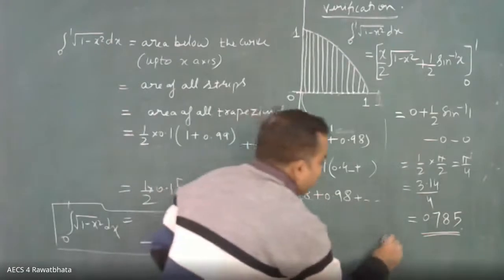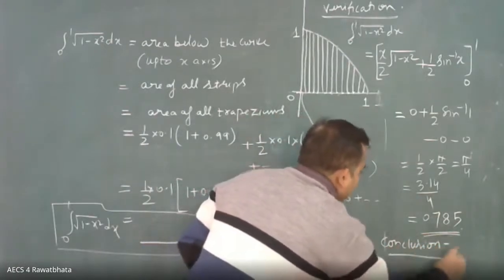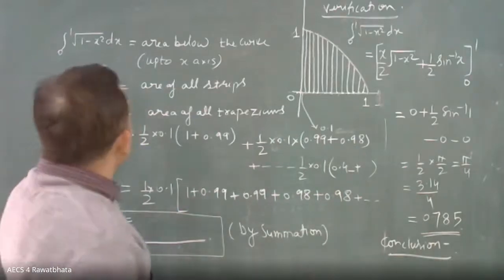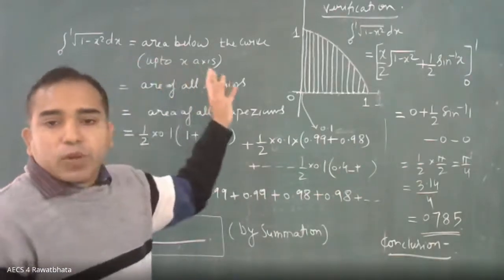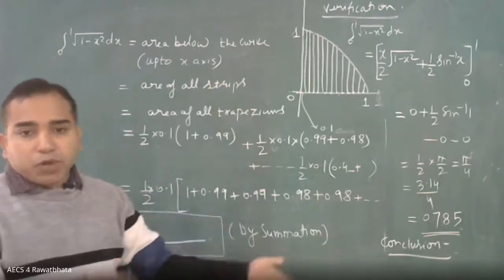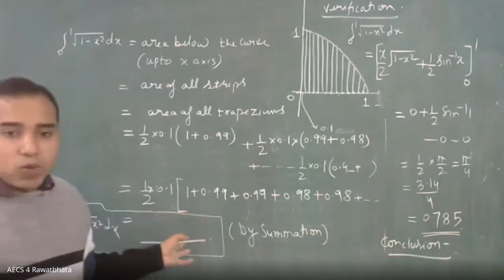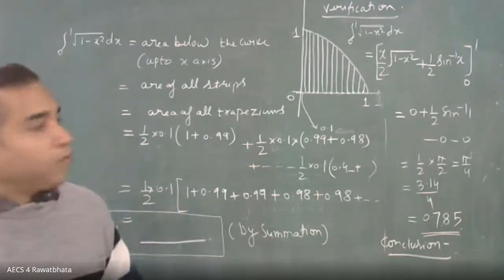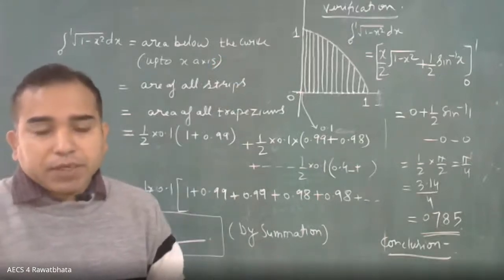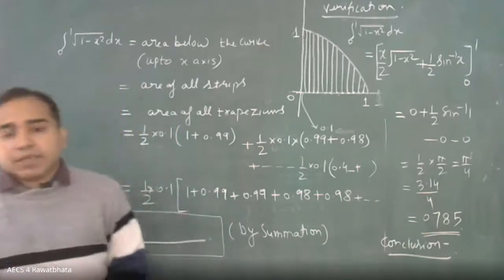And then conclusion, and you can write whatever the objective was, that the value of integral 0 to 1 root of 1 minus x square dx is 0.785, both from integration and summation methods. This also may not come exactly equal, but should come approximately if you measure these lengths correctly. You have to measure only and you have to write by scale. Correct, students? So this completes our next activity.